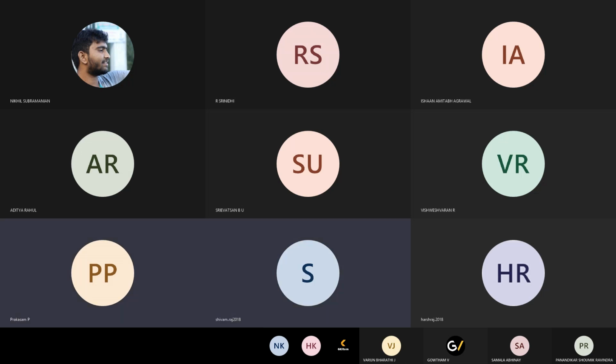So the last module is the application layer. I think we have seen the purpose of various layers. The application layer directly involves the end user. For example, what are all the different applications?